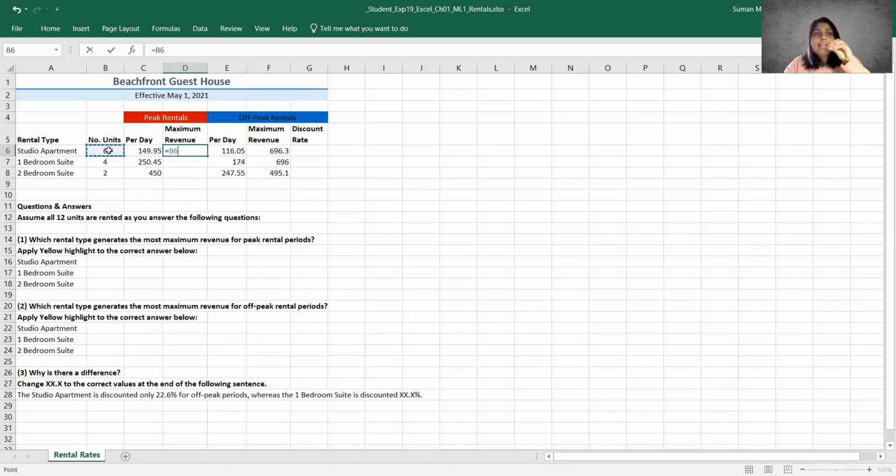You're going to use the cell reference or cell address, which is B in the columns and 6 in the row, because if that number ever changes, you want that formula to also be modified. And we're going to use the multiplication symbol in Excel, which is the asterisk. And then we can type C6, or you can click on C6.